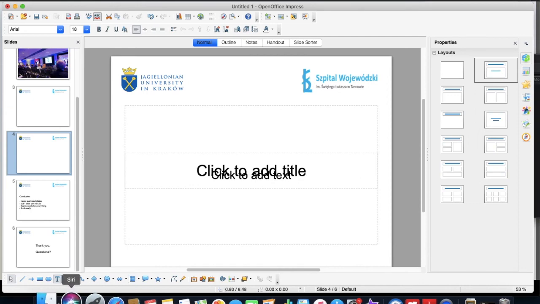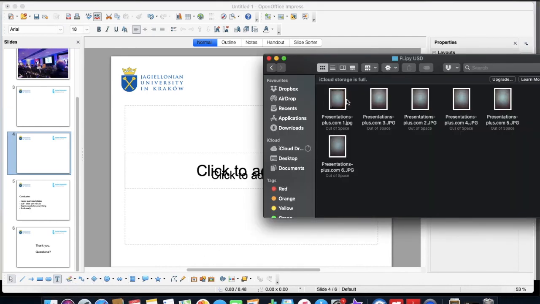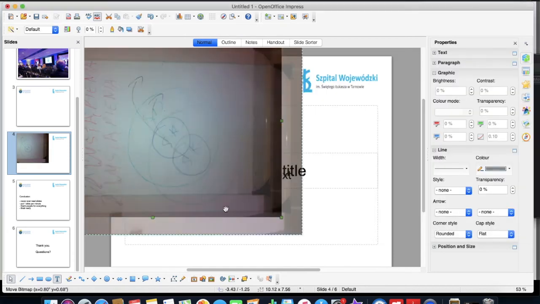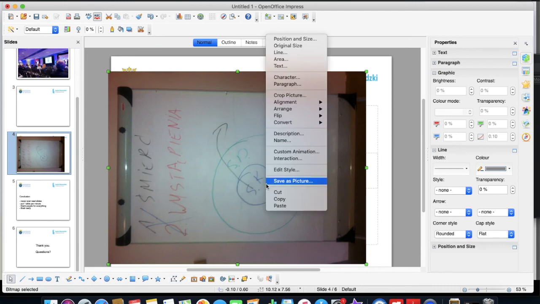I will fast forward now. It will be dragging and dropping and adjusting the angle as it looks like they're on their side, and adjusting the size.